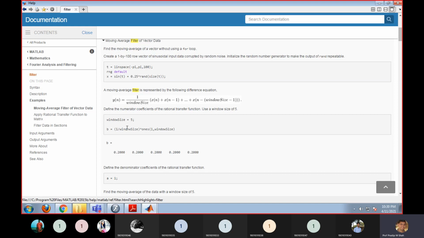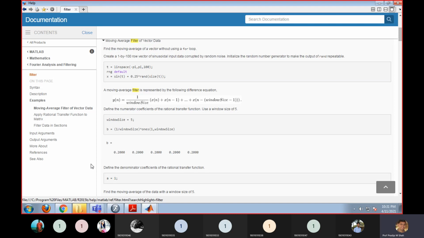Just put the window size in this function: 1 divided by 5, that will be 0.2, multiplied by 5 ones. So it will be 1, 1, 1, 1, 1. How many 1s? 5. So the 1 multiplied by 0.2 gives me 0.2, 0.2, 0.2, a vector of 0.2 five times. Is it understood? Is it clear?